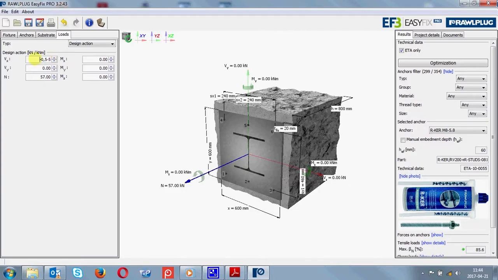We define the shearing forces of Vx at 0.5 kilonewtons and Vy at 23 kilonewtons. The same applies to moments. You can enter the mx value of 76 kilonewton meters on the model. There is no torsional moment in this example. You can see that the program has already performed all the calculations, but before proceeding to the Results tab, let's